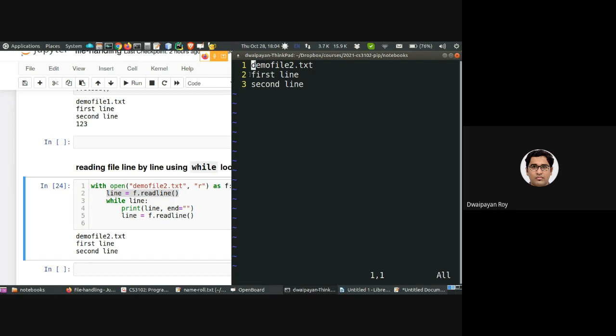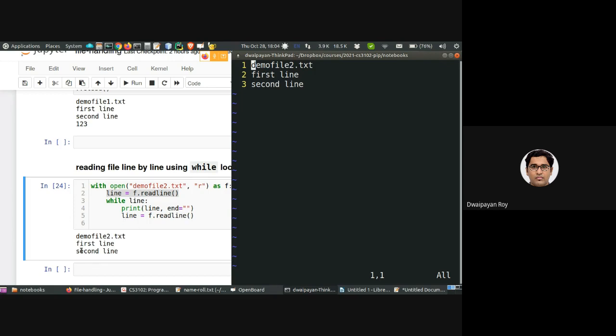Then the line is containing first line. So while first line is true, first line is being printed. Then the line is containing second line. So while second line, print second line, this second line is being printed.